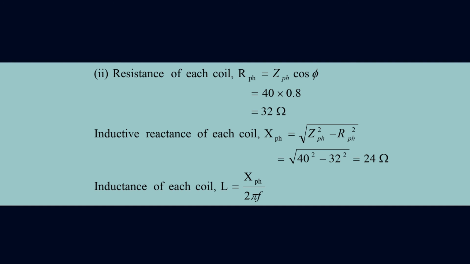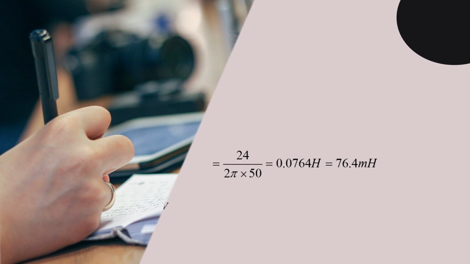Now you have calculated the inductive reactance. You have to calculate the value of the inductance. So as you know, inductive reactance can be written as X is equal to omega L, and omega L is equal to 2 pi FL. That means you can write inductance of coil L is equal to X, that is inductive reactance, divided by 2 pi F. So you have a value of inductive reactance X, that is 24 ohm, and the frequency is already given, that is 50 hertz. Just put the value here. So it will be 24 divided by 2 pi into 50. So it comes 0.0764 Henry, or you can say 76.4 millihenry.